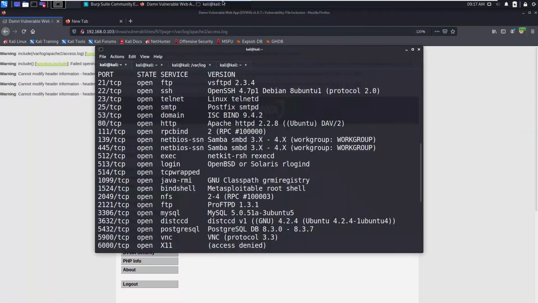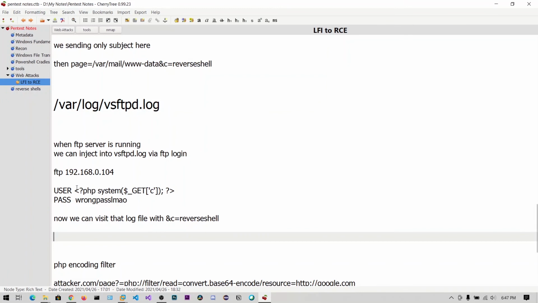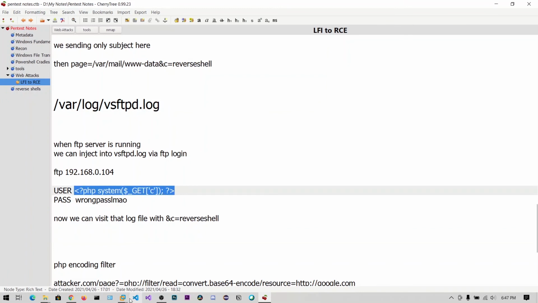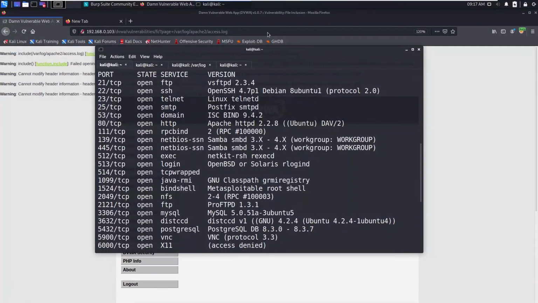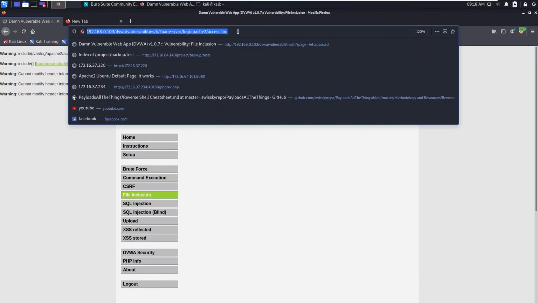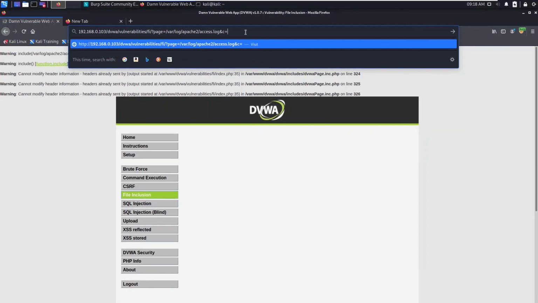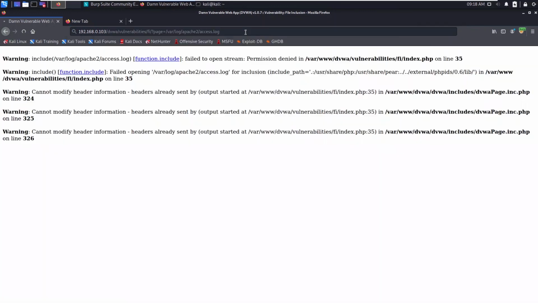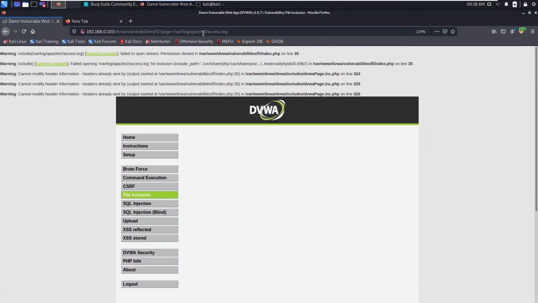Similarly, you can generate a fake request, and instead of GET index.php you can generate the GET request with this php system code. You can send that, and that will be logged into this access.log. Then you can simply say ampersand c equals your reversal code. So simple, but in our case we do not have access to this access.log.